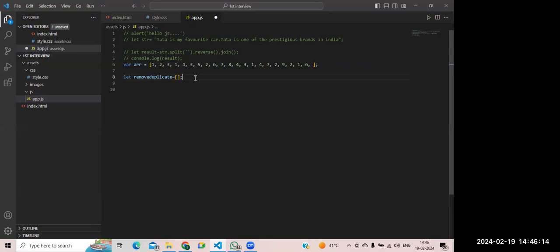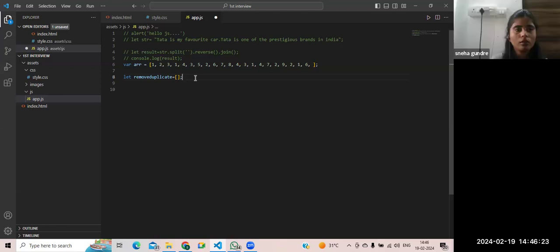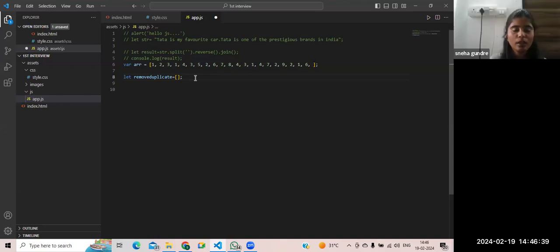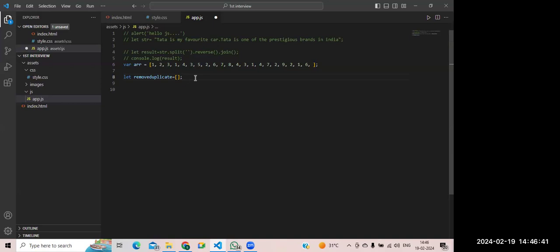What is function expression and function declaration? Means when we simply write a function, then it is a... Sorry, sir, I know, but I am not able to explain it. Means,